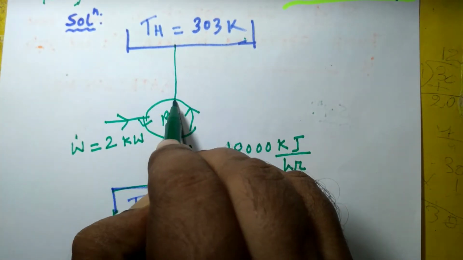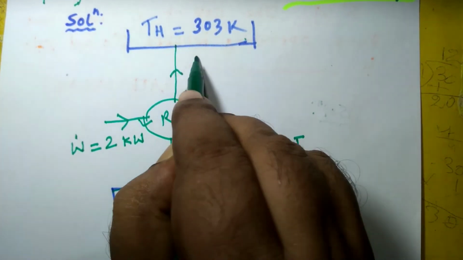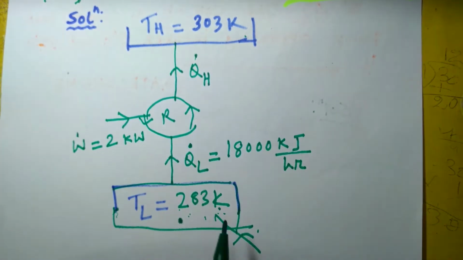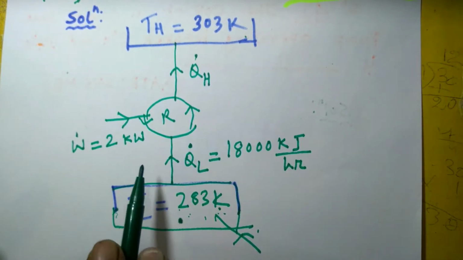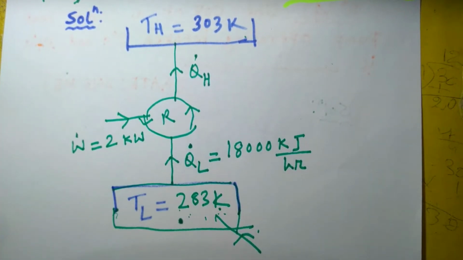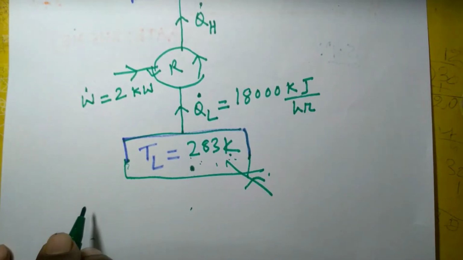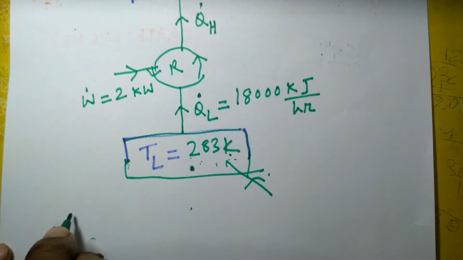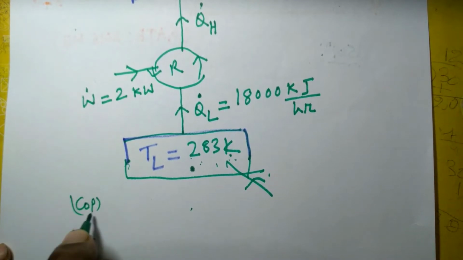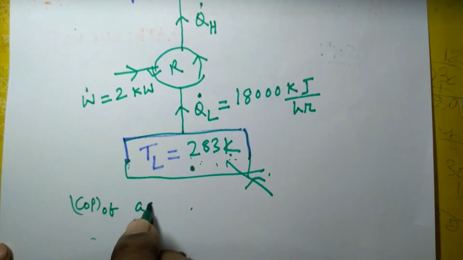Suppose this is Q dot H. So first we will find out the COP of this actual refrigerator, and then we will find out the COP of Carnot refrigerator that operates between these two temperature levels. Then we will go on to find out the ratio. So COP of actual refrigerator